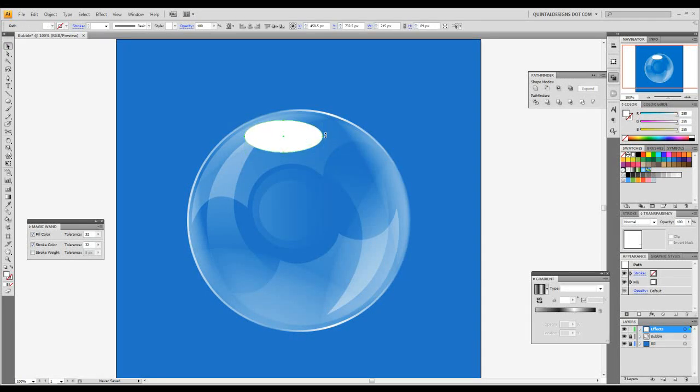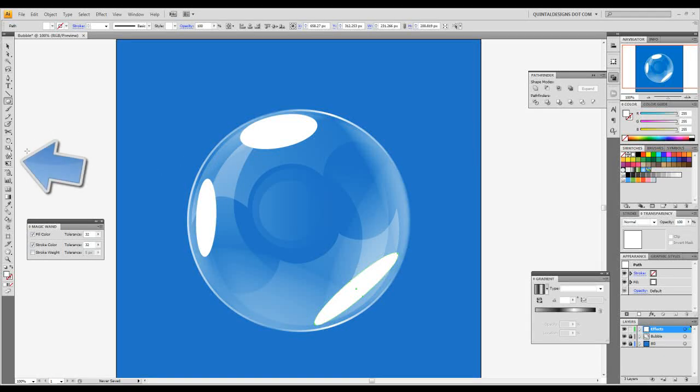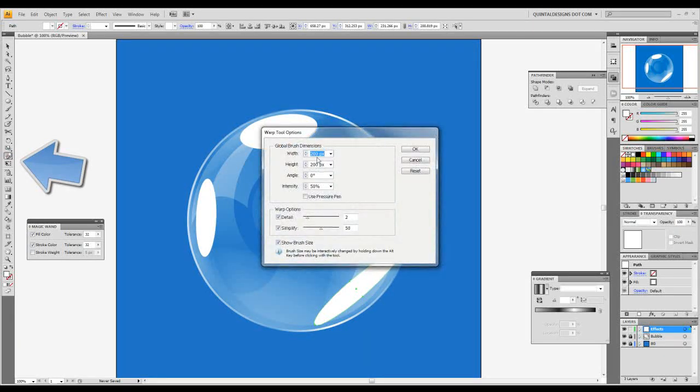And this is all sort of part of step 10 in the tutorial, where it says use your own artistic sense and your own design sense to feel what you like, what you don't like, and make that part of the bubble itself. So I'm going to make 3 of these. This one will be a little longer. And then I'm going to grab the warp tool and make it pretty big, say